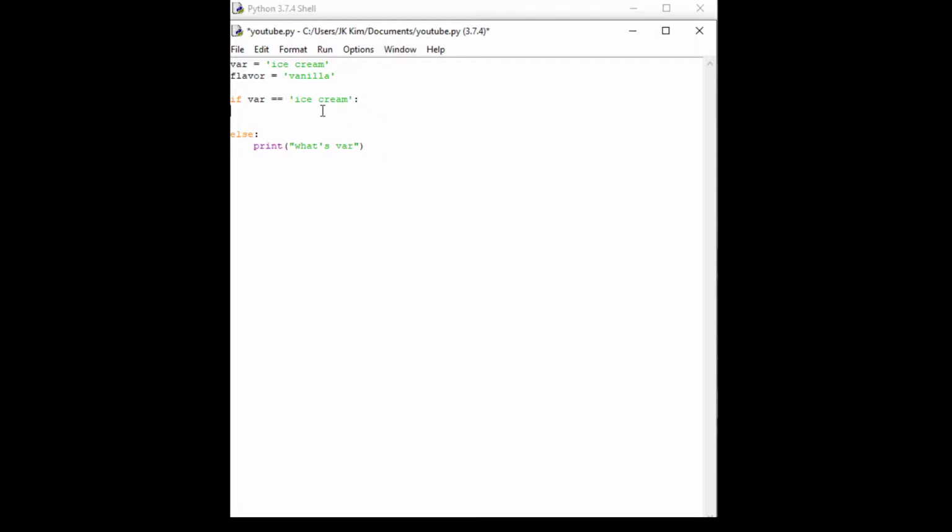And here we're going to have a chunk of code. You could have a print statement normally, but this time we're going to nest statements. So we're going to make another whole new if statement. We're going to have two kinds of tests. The first one is this first if statement, checking if var equals ice cream, and the second one is this if statement, checking if flavor equals vanilla,